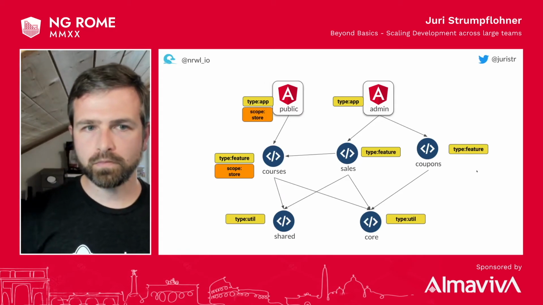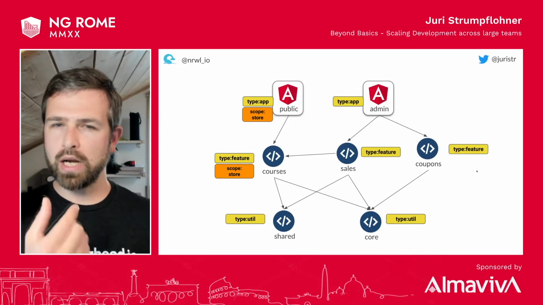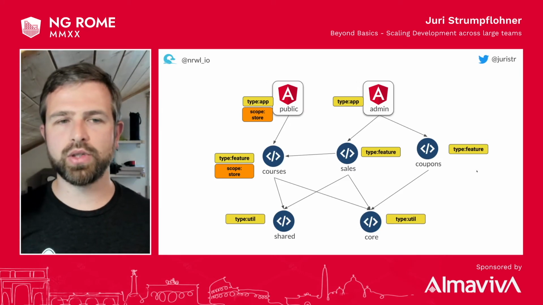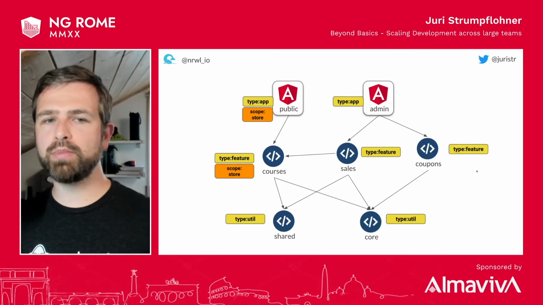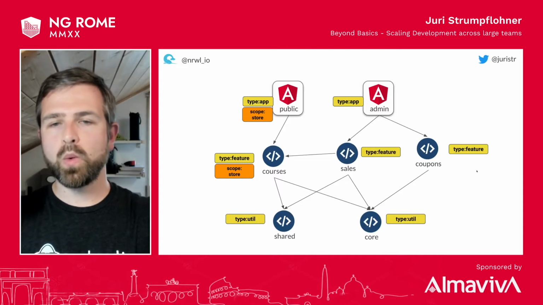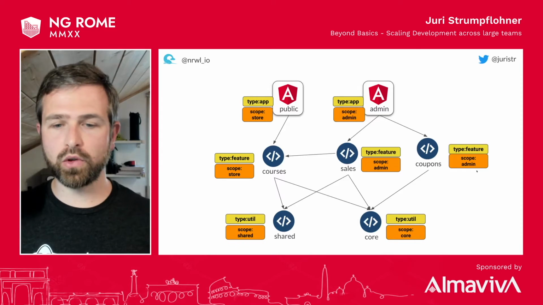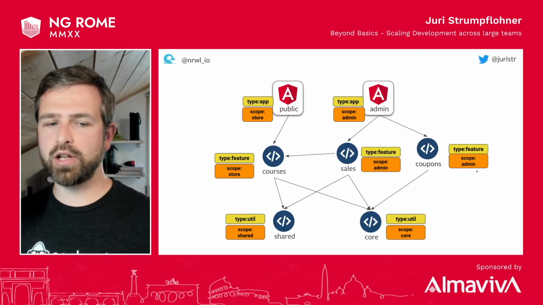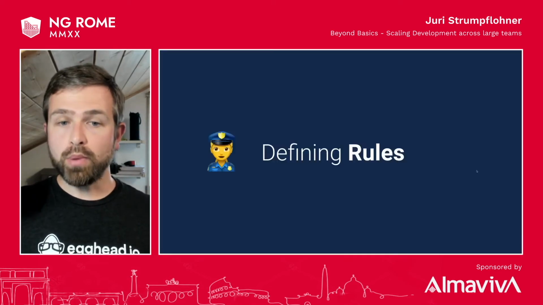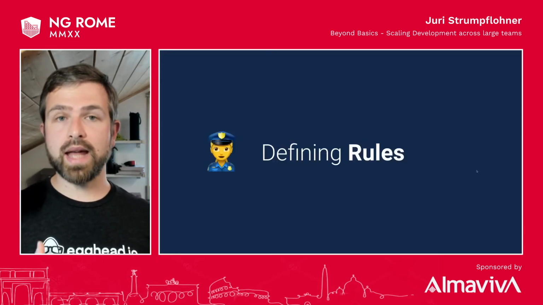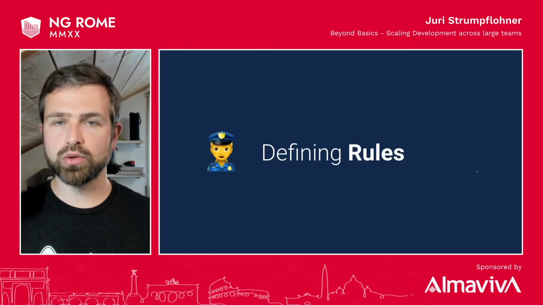The next part can also be to add some more functionality-related tags. In this case, I have a scope store, because some libraries might just be used by the public-facing store application, while others might be used by the whole admin part. Similarly for my infrastructural part, I can attach scope shared and scope core, for instance. The whole point of defining these is that once I have defined those tags, I can start defining rules.